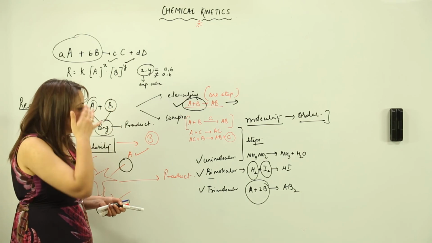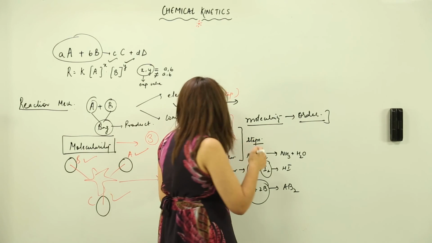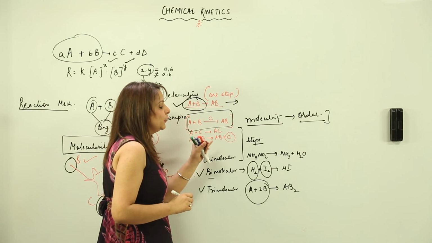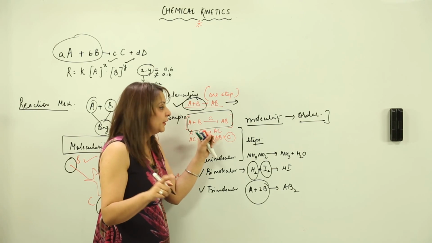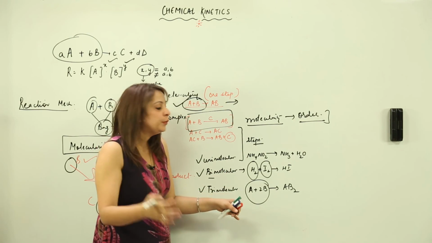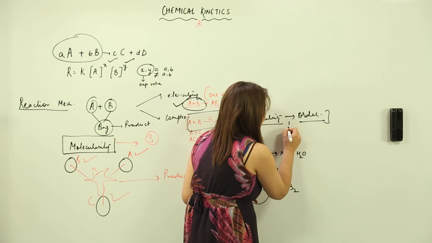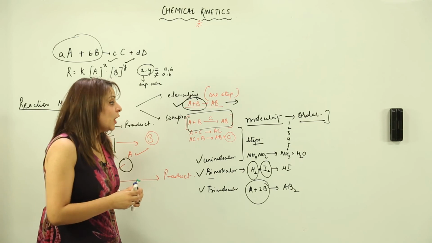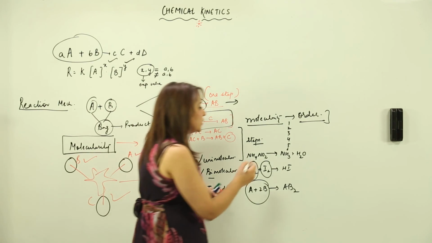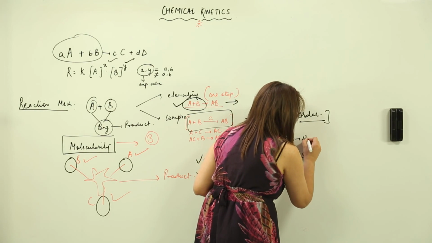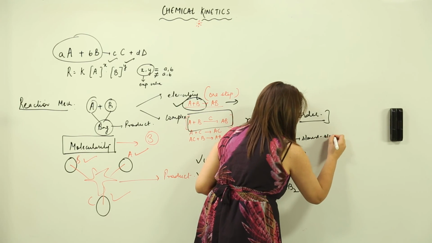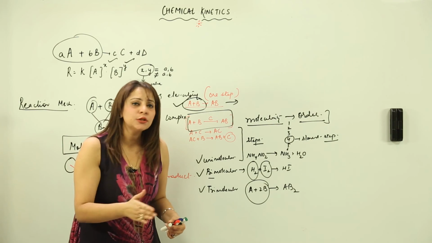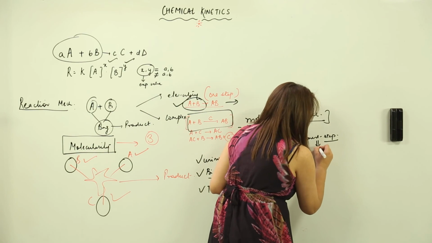Suppose I explain to you with one example. Suppose I take this reaction and tell you that this reaction doesn't occur in one step, but is assumed to occur in many steps. Suppose I say that this reaction occurs in 6 steps, right? Out of these 6 steps, suppose the 4th is the slowest step. That slowest step is something called the rate